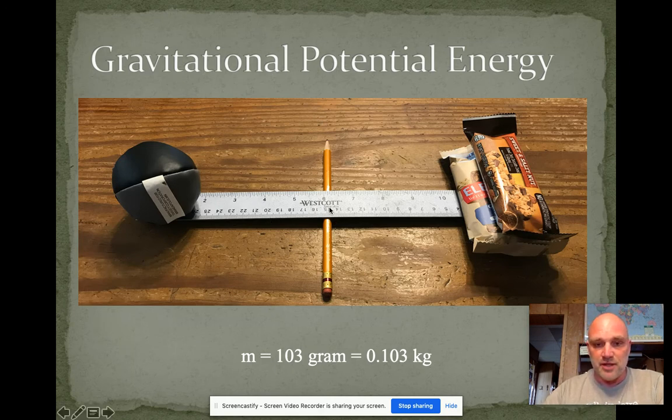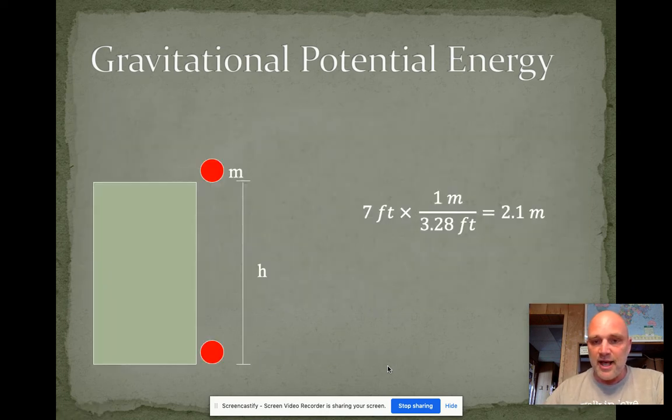I balanced it using a ruler and using some stuff I found in the kitchen. When I add up the total mass over here, the mass of the ball is roughly equal to 103 grams, which is the mass of my bars over here. That is 0.0103 kilograms. Now, to get the height, I didn't have a metric measuring tape, so I measured 7 feet up